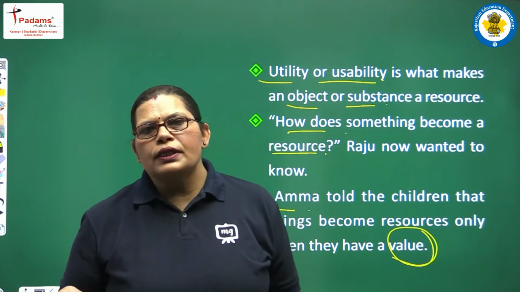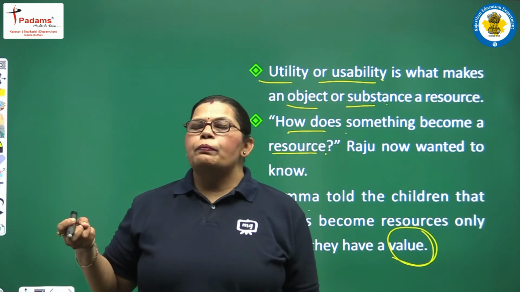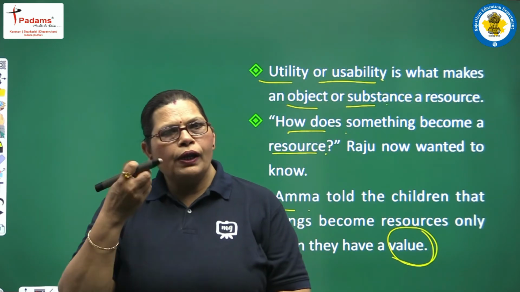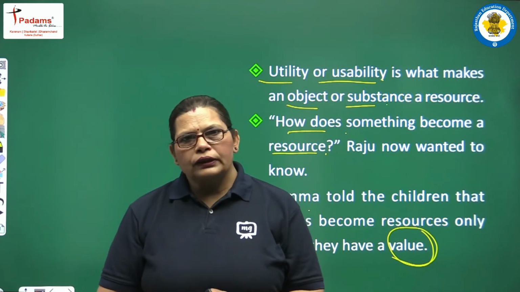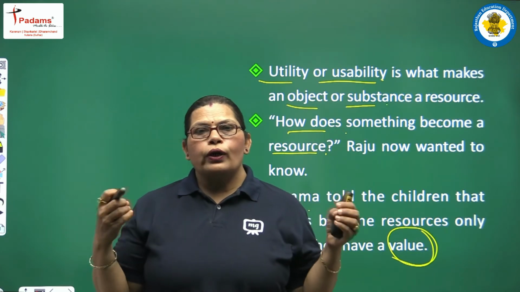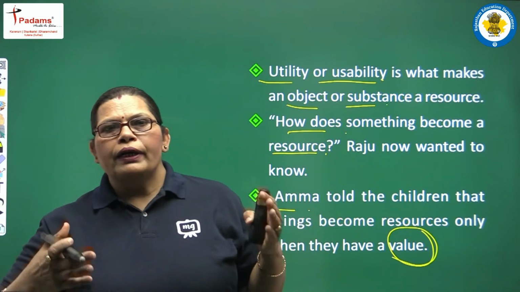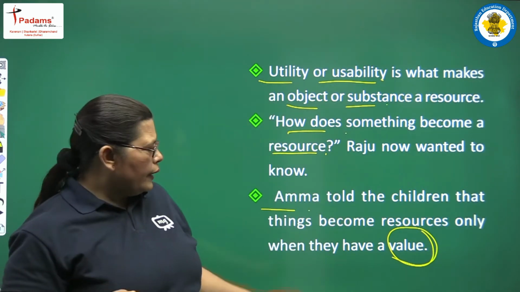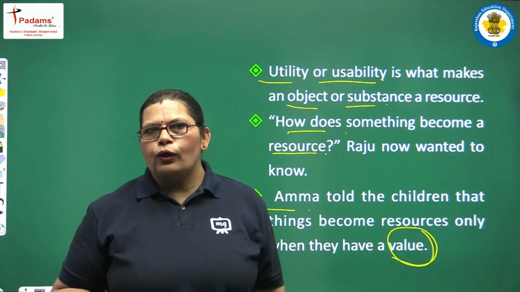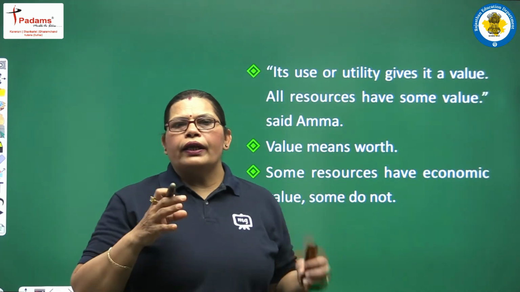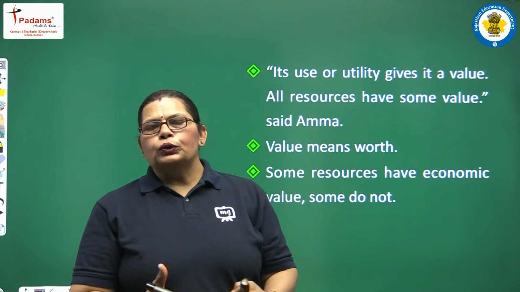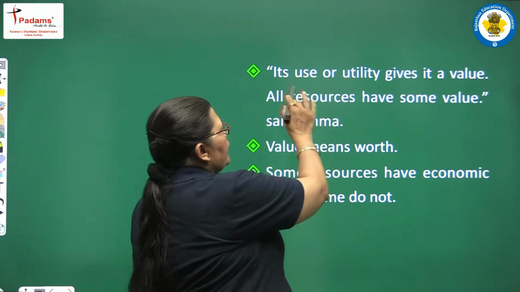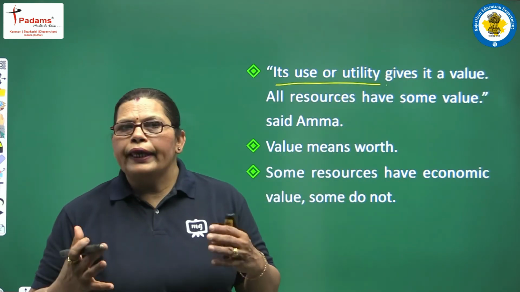आपके लिए आपकी बुक्स की जितनी वैल्यू है, एक इलिटरेट पर्सन के लिए उसकी कोई वैल्यू नहीं होगी बच्चों. आपका बिल्कुल गला प्यासा है, so you are thirsty and for you at present water is important for drinking, but if anybody had already drunk water, then is that a proper use of that, proper value of that? So the main thing is, if anything has a proper value, proper use, proper utility or usability, then that will be a resource. Its use or utility gives it a main value.